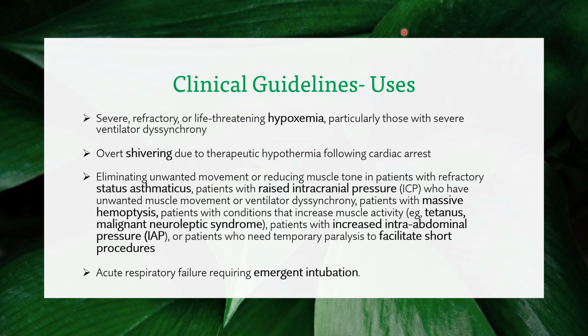They are also used for overt shivering due to therapeutic hypothermia following cardiac arrest. They are also indicated for eliminating unwanted movement or reducing muscle tone in patients with refractory status asthmaticus, patients with raised intracranial pressure who have unwanted muscle movement or ventilator dyssynchrony contributing to raised intracranial pressure, patients with massive